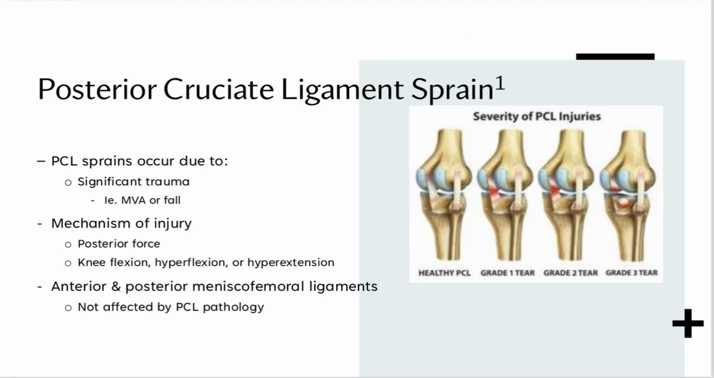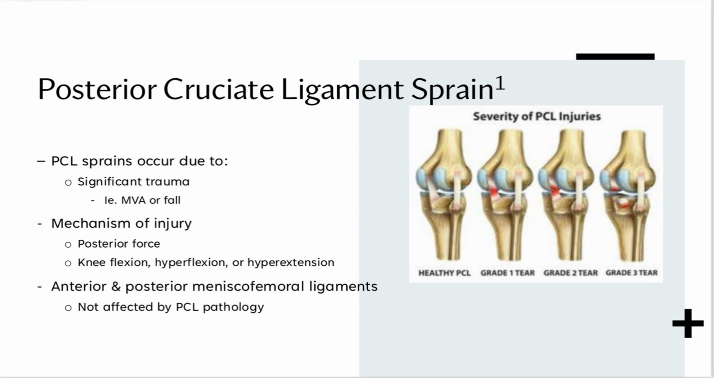So, now we get into the basis of this presentation, the posterior cruciate ligament sprain. When defining the term sprain, it is referring to ligamentous injury, and strain, tendinous injury. As stated earlier, the PCL is very strong. It takes a lot of force to injure it. Due to this, the PCL injury usually occurs as a result of significant trauma, such as a motor